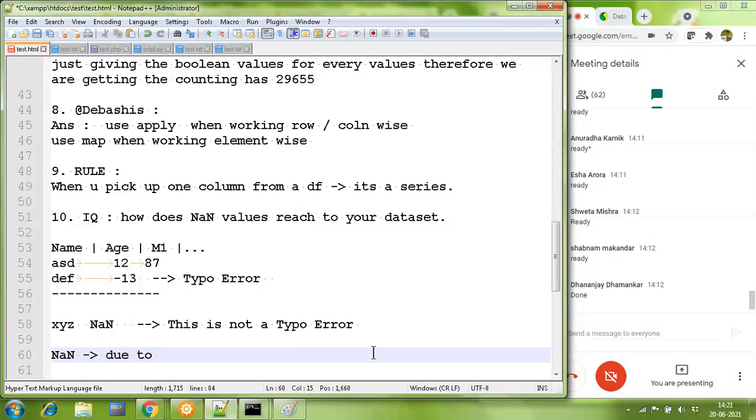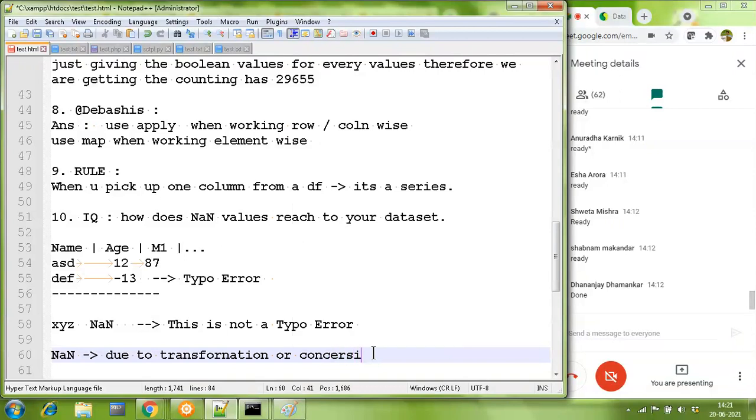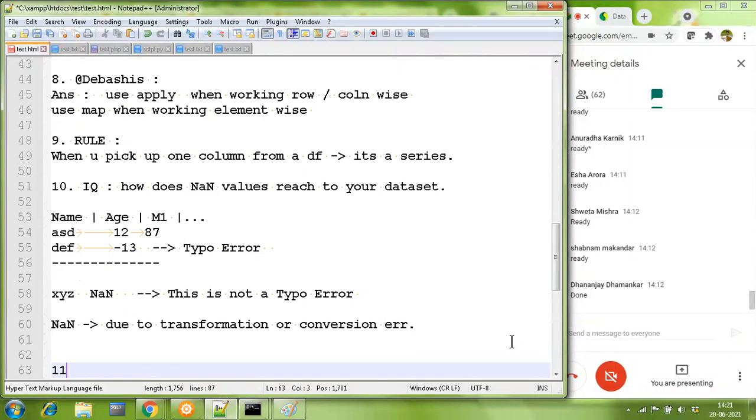So due to transformation or conversion errors, we usually get this problem of NaN, as we have listed in the very first example of the notebook. So I hope this question is answered.